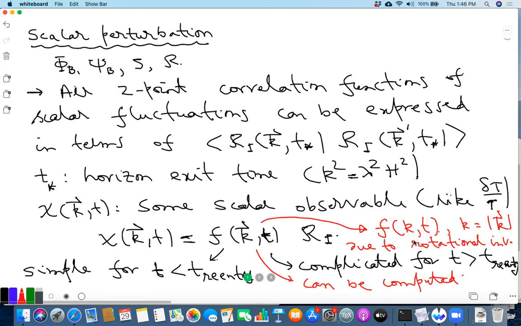Okay. So for example, the relationship between phi b and Ri was 3/5 Ri, right? Phi b was 3/5 Ri. Now in general, once you have a momentum dependence, it could have a complicated dependence on k, but nevertheless, it's clear that it should depend only on the magnitude of k, right? In fact, the equations that we have written down earlier involving the scalars did have k, but it came through this combination k square. And similarly, when you try to relate the temperature fluctuation to these fluctuations in phi b, psi b, zeta, and r, any such relation will involve only a function of the magnitude of k.